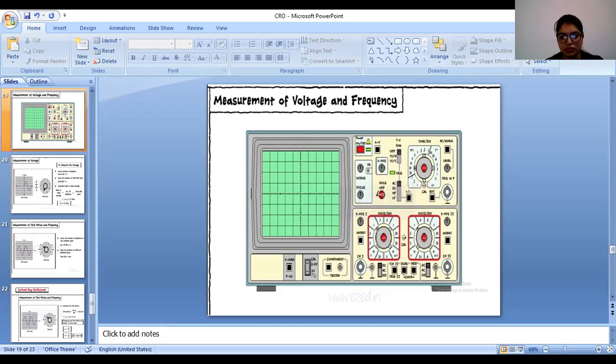This is the filament, this is the cathode, and this is the electron gun assembly. These are the focusing and accelerating anodes. Now you can see that by moving towards the focus anode, the electron beam was very focused. It was a narrow beam. These are the Y plates and X plates, that is, the vertical and horizontal deflection plates.